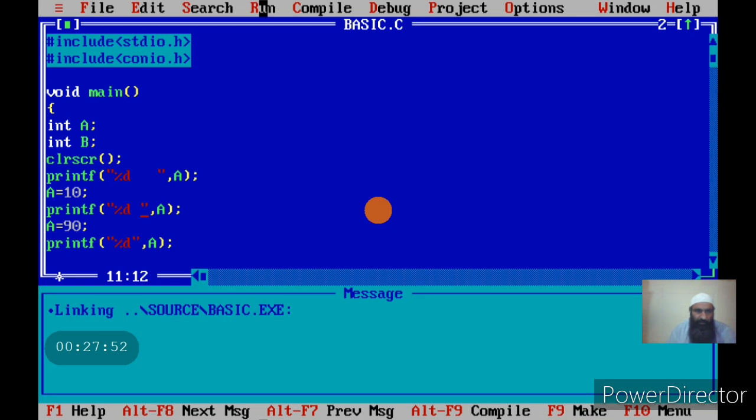As I told you, there are 2 ways of changing the value of a variable. One is called the assignment statement and another is scanf. Now what happens in scanf? Whatever value you scan from the keyboard, that value will be stored in a variable. Let us see how we change the value of A with scanf. We have already learned that in the previous program. Let us see again how we do that. A equal to, sorry, we have to use scanf. Before that we give the message with printf.